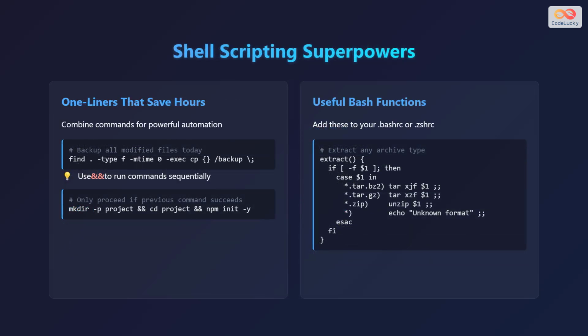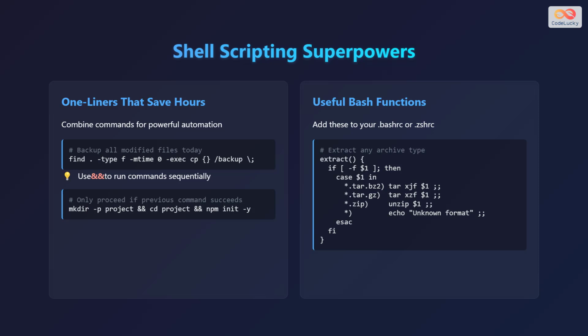Shell scripting is a great way to automate tasks and create powerful utilities. One-liners can save hours by combining commands for automation. To back up all modified files today, use find . -type f -mtime 0 -exec cp {} /backup/ \;